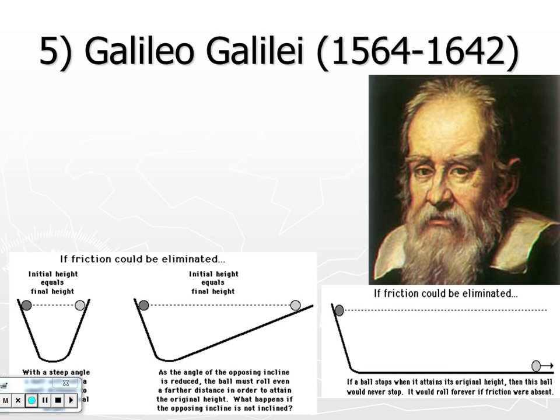Now we got Galileo. Galileo came along and said, actually, we don't need any forces at all to cause motion. All objects would be in motion all the time if we eliminated friction. The only reason they're not in motion is because of friction. It says right here, if friction could be eliminated, objects would be moving all the time. So that was Galileo. He said objects move all the time. It's their natural state, except friction causes them not to be moving. Neither of them were exactly right,